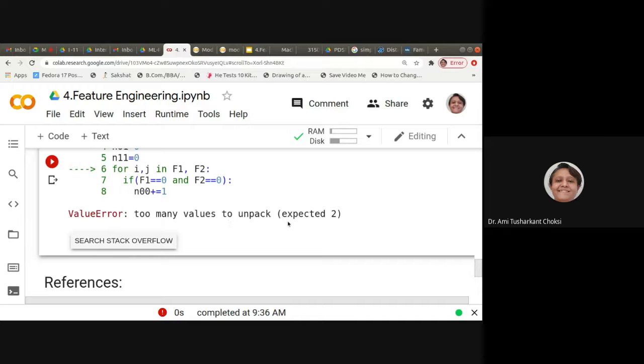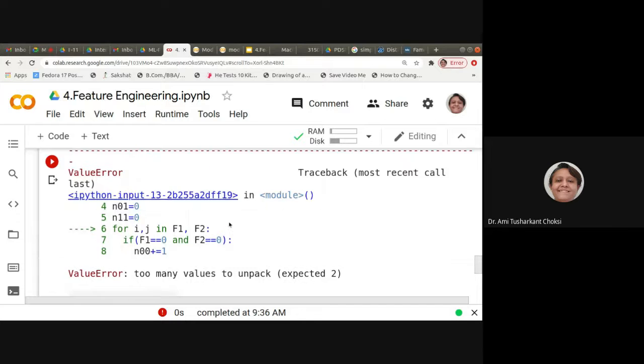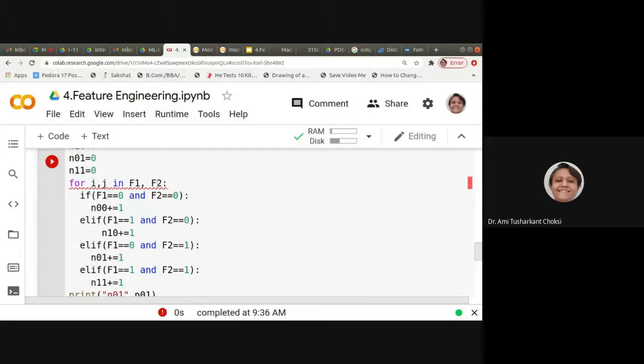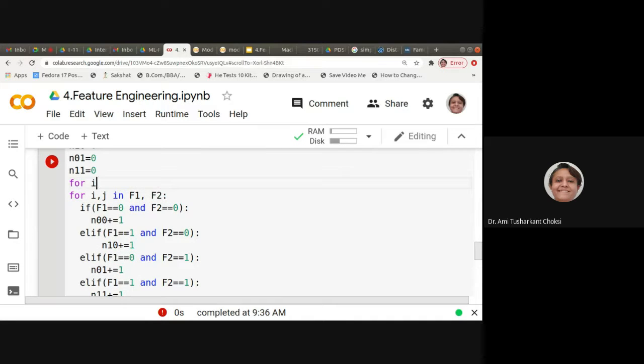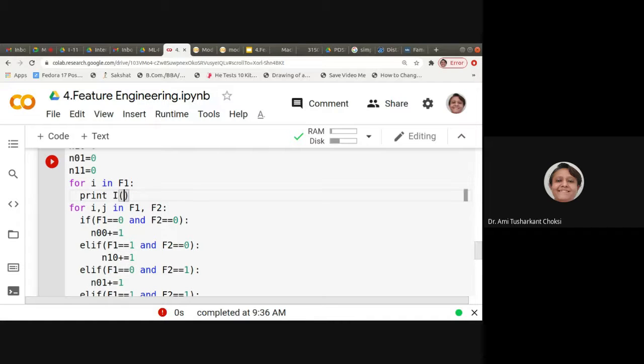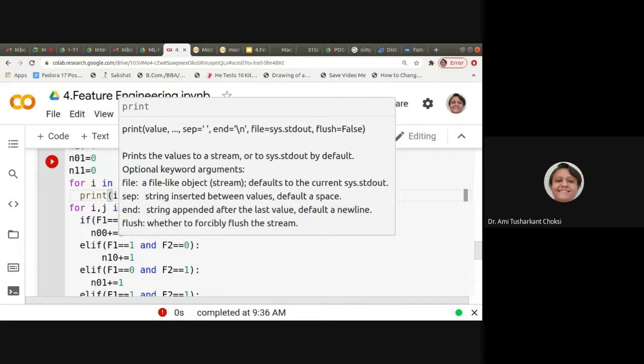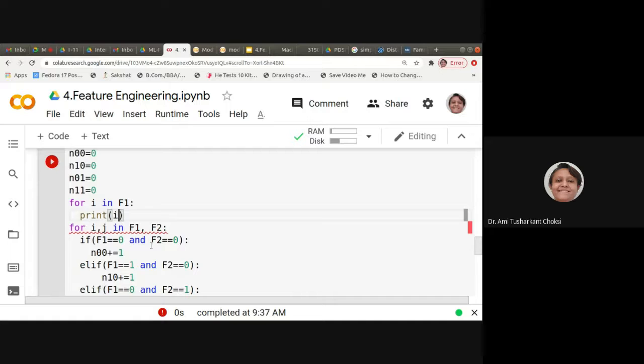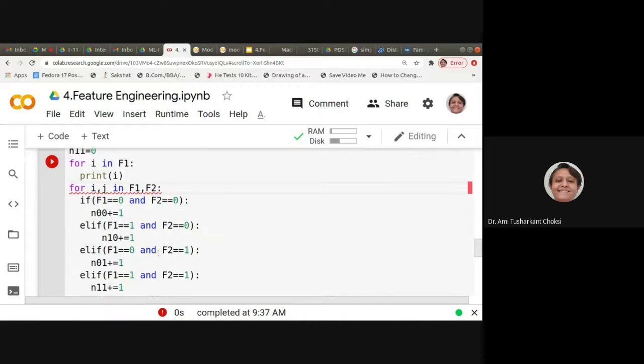Too many values to unpack. Let me just check it out. What's the problem? Here it is fine. So what happened? It's a tuple. So what's the problem?